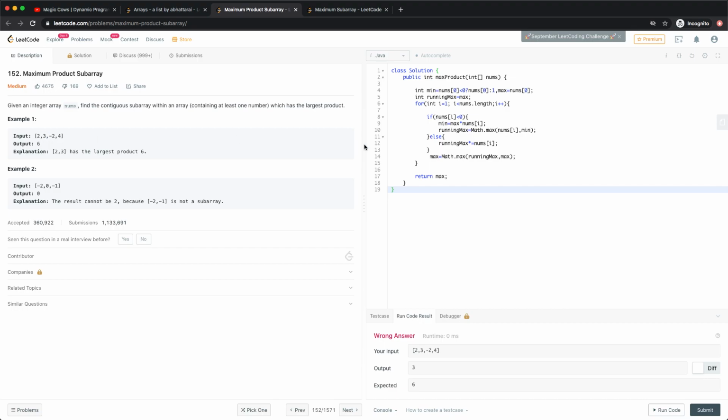So we update our max to 6, then running max. Then it comes up here and it says it's a negative number, and it enters this minimum array, which is minimum is equals to, let's say we already had a minimum before,